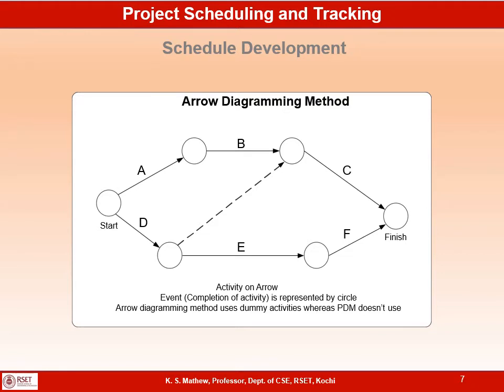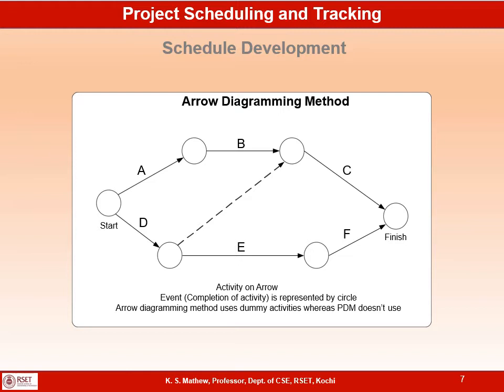The second technique for representing sequencing activity relationship is the arrow diagramming method. It is also called activity on arrow. So the activities are represented using arrows in this type of network diagram, and the nodes represent events. Nodes represent the events or completion of a set of activities. Activities are represented using arrows. This arrow diagram method, or activity on arrow diagram, is the same as the other one, activity on node,